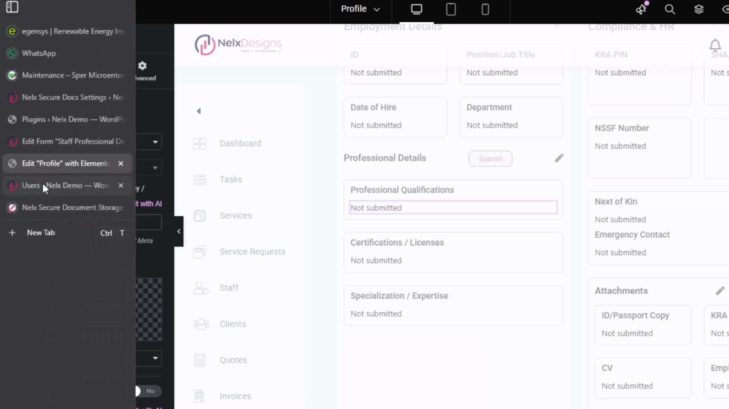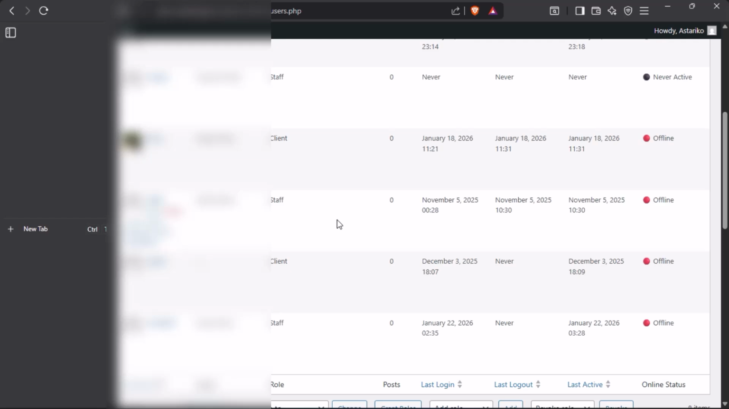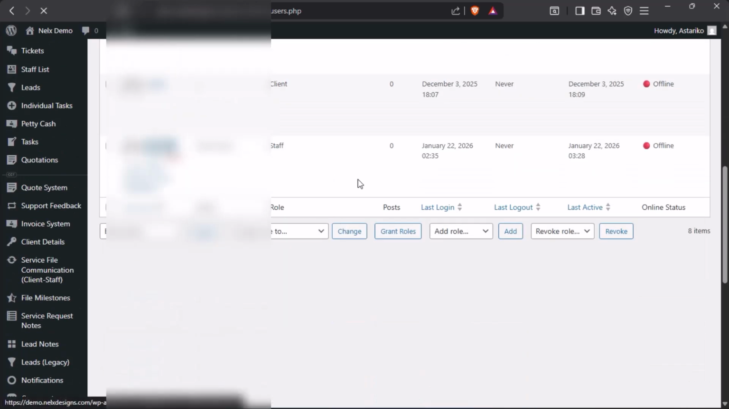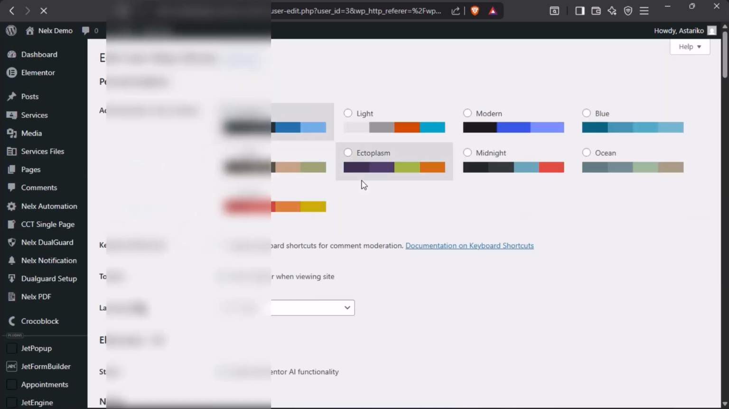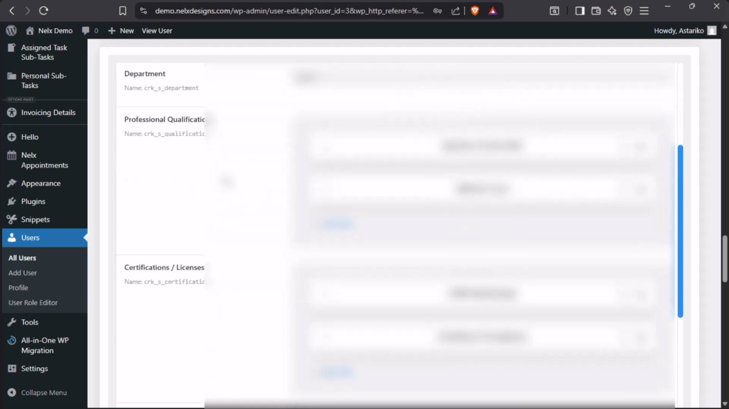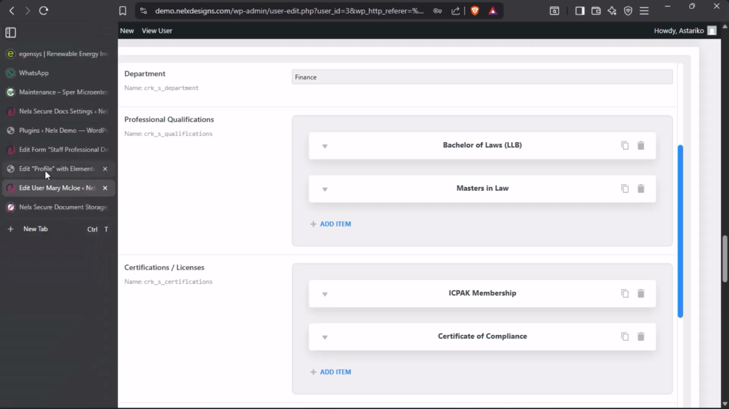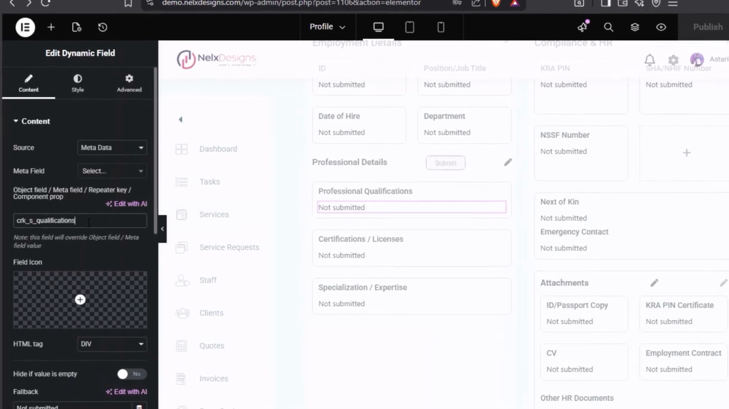Go to your CPT or CCT, wherever you've created those additional fields using meta boxes. Go to wherever they are. In my case, these are user fields that I've created using JetEngine meta boxes. What I want you to do is get the repeater key. The name here is the repeater key that you need to copy and paste here under the object